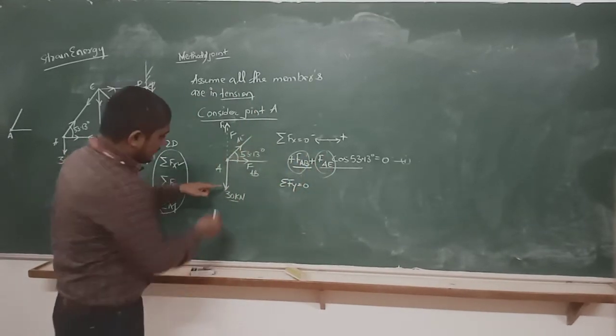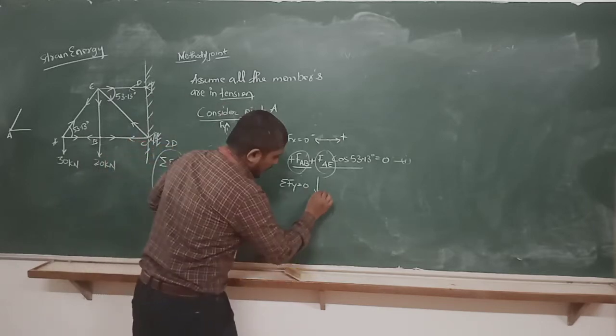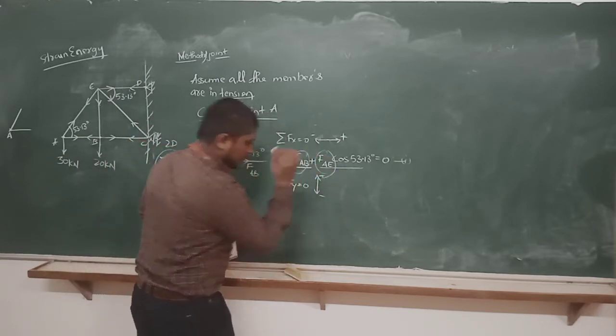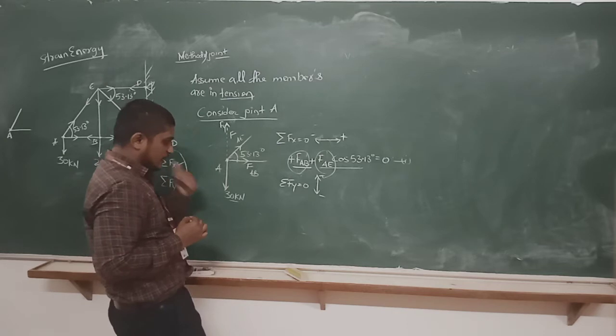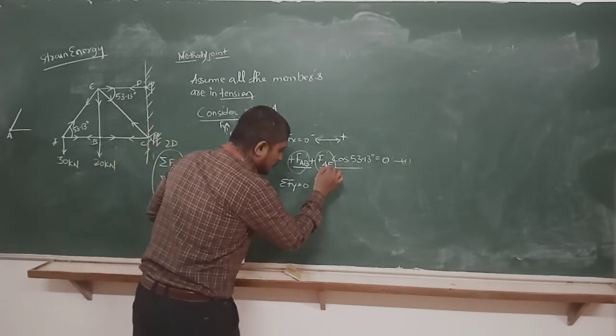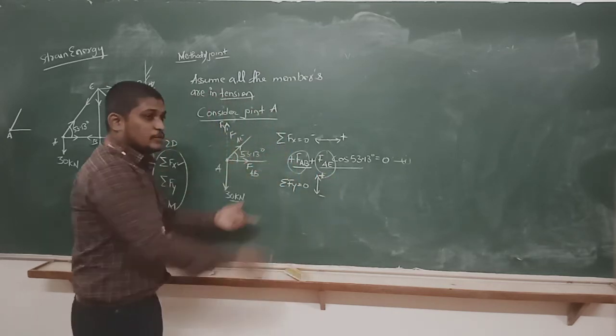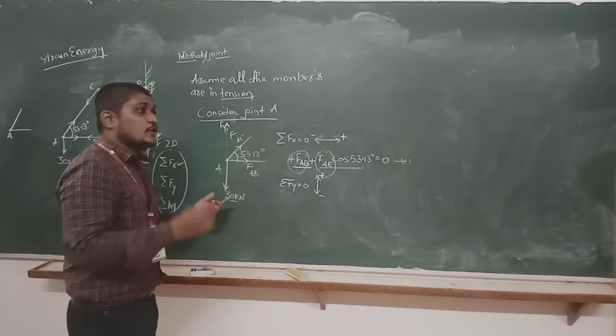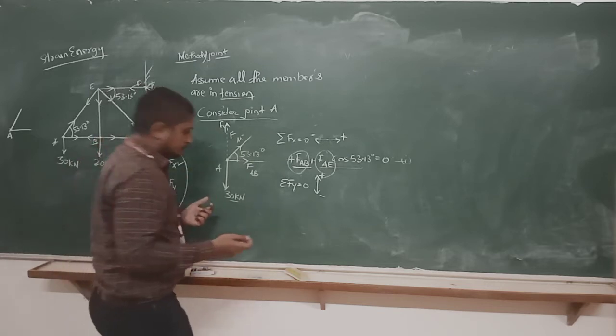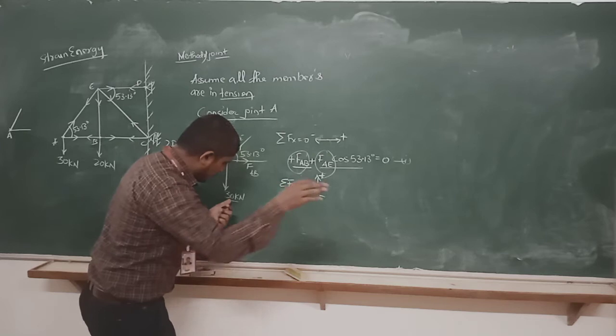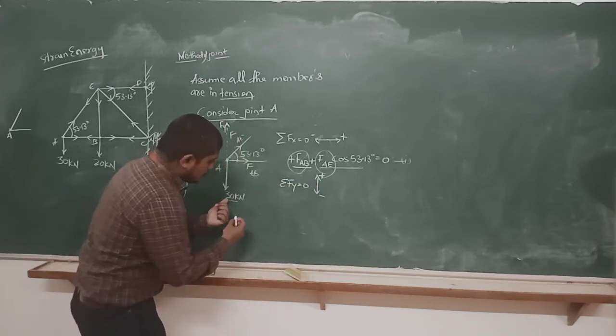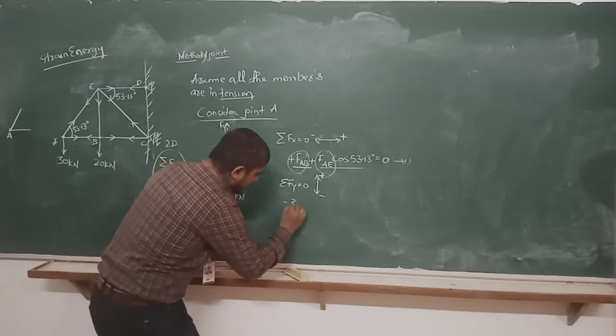Okay, so let me take this. Downward I am taking negative, upward I am taking positive. This is the consideration we are doing here. These are also not mandatory, whatever sign convention I am using. It depends on you, how you people have studied your basics before. Okay, so it is downward minus 30.